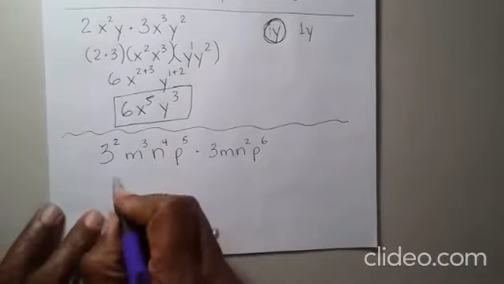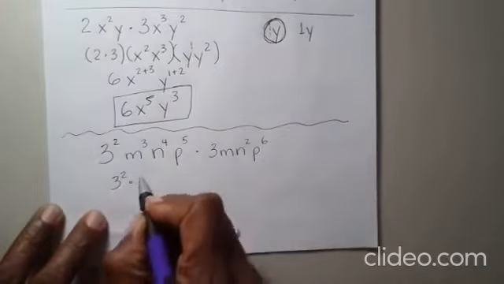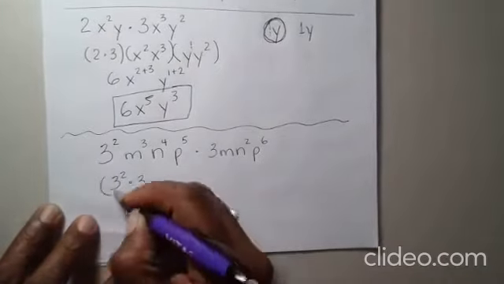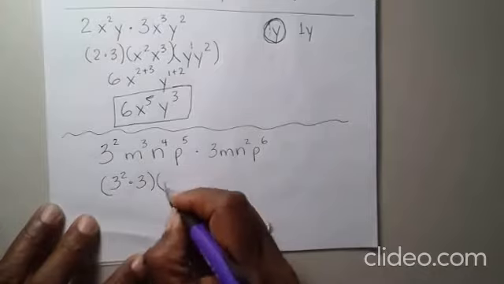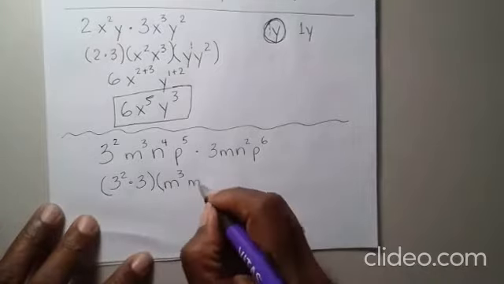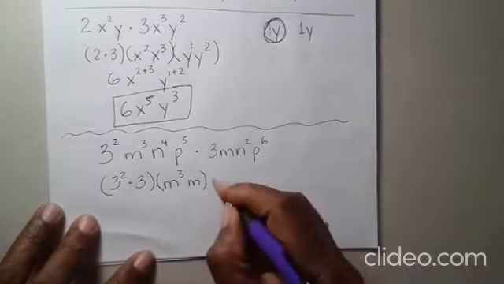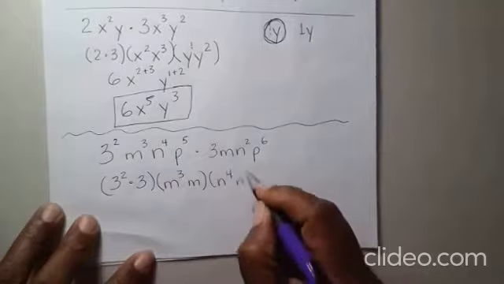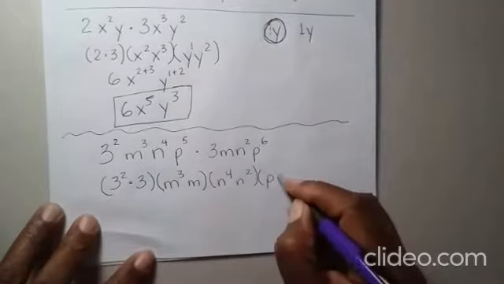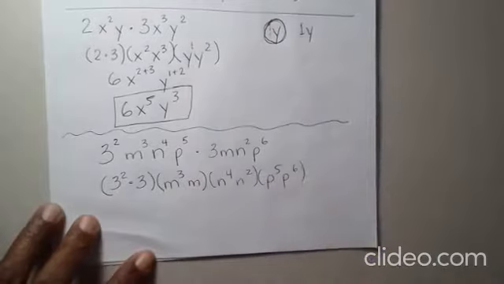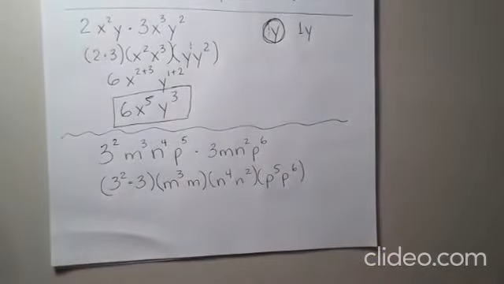So we'll put our 3 squared together with our 3. Those go together. Then let's put our m's together, m cubed and just m here. Then we've got n to the 4th times n squared, and p to the 5th, p to the 6th. Put all of our separate variables together so that way it's easier to see how we simplify them. Many times we try to do too many things in our head and then we get ourselves confused. If we just write 1 or 2 more steps,